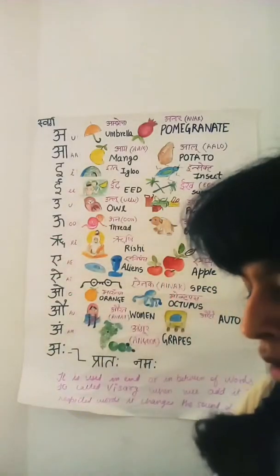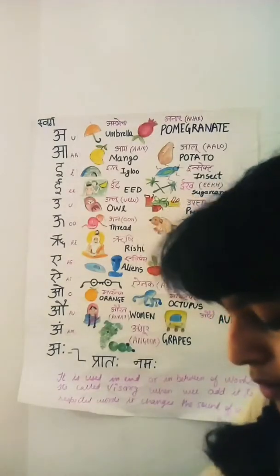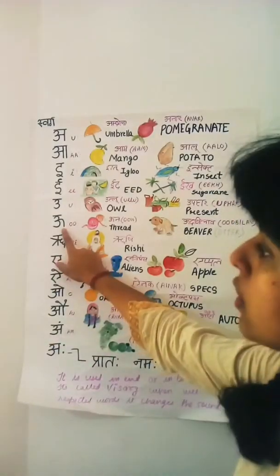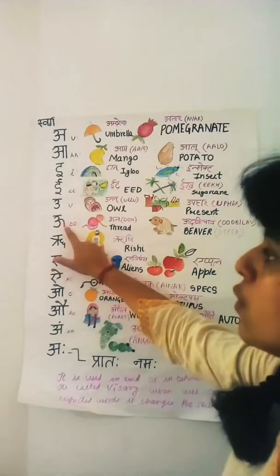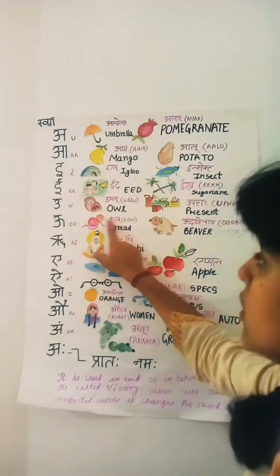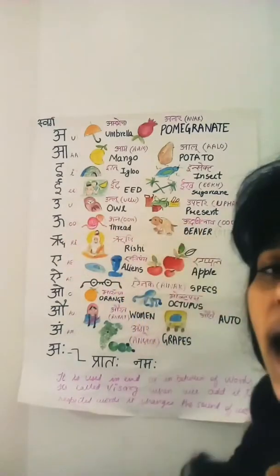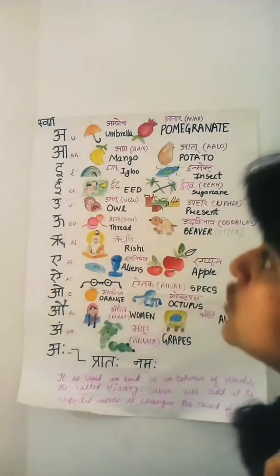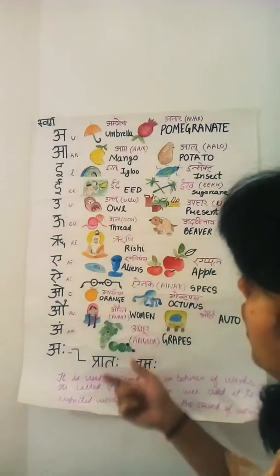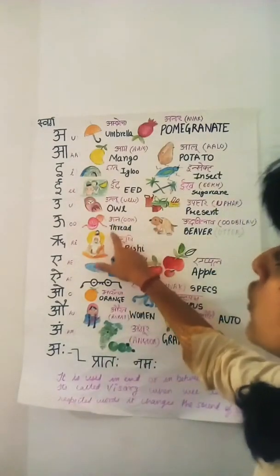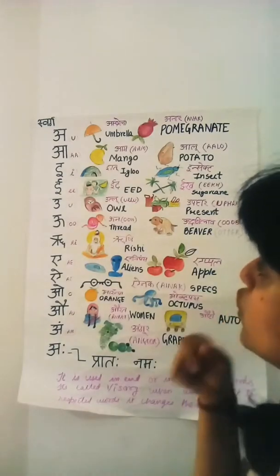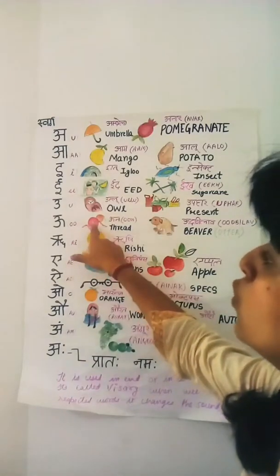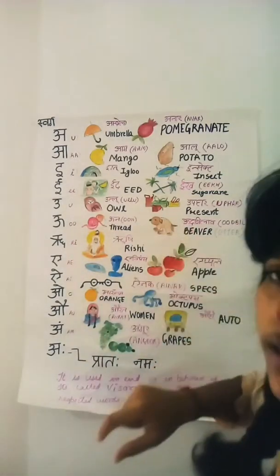Now we begin with another letter, Oo. Oo for Oon. Oo for Udbilaf. Udbilaf is a beaver. So please, I will send you this whole page and then you can look at it: this is in Hindi, so what is it in English? It's thread, right? So you will get to know, and I have also drawn the images, so you will know what this is. Oon is a thread. Udbilaf is an animal.